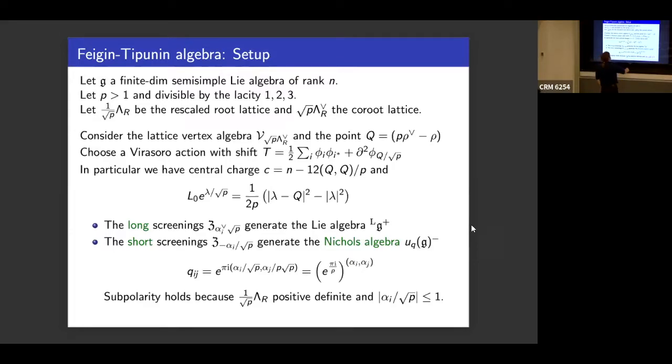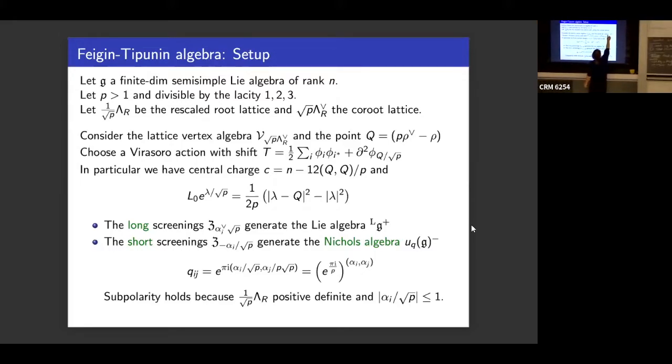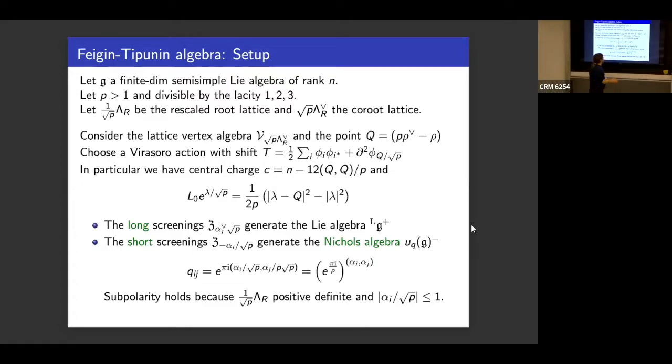And now what we do is we consider the lattice algebra that belongs to this. So this would be the lattice VOA we work in, and this would be the lattice VOA where the short screenings live in. So this is not in the lattice VOA, it's in some modules. We take this rescaled co-root lattice and take the following point, a point in the root lattice. Rho is the Weyl vector, the half sum of all roots. This is the dual Weyl vector, the half sum of the co-roots times p. Usually that's just p minus 1 times rho. This is a certain point which is important for other applications in the fundamental alcove, and so a point in the root lattice.